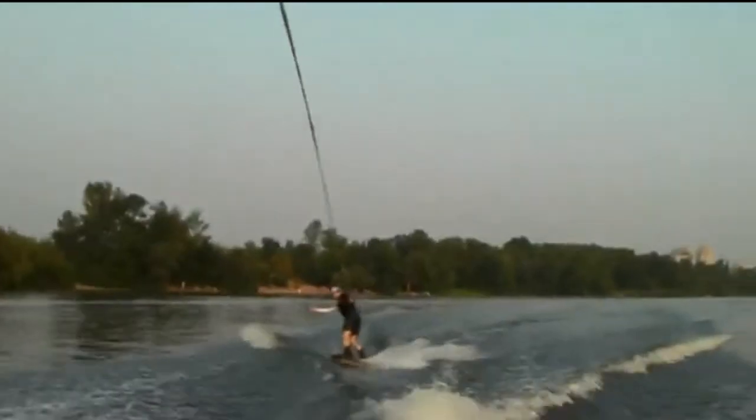And then what I suggest doing is, instead of sliding on the inside of the wake right here, I suggest actually trying the same exact slide. We call it a one-handed backside slide. Do it on the outside of the wake or directly in the middle, at a slower boat speed. If you do it in the middle, make sure it's slow. If you do it on the outside, you can be going a little bit faster. And just learn how to twist a little bit more with your lower body, and that'll help fix your upper